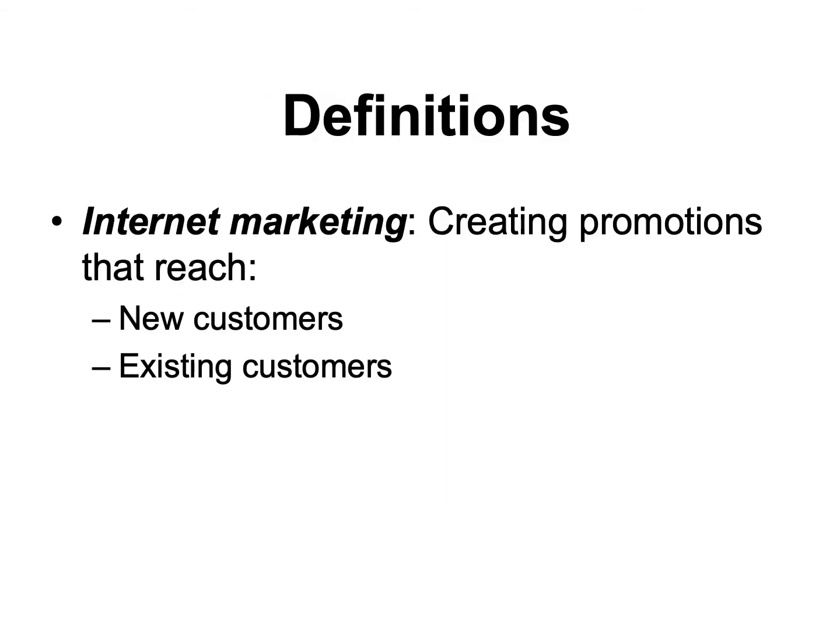When we talk about internet marketing, as the name implies, it's creating promotions that reach new customers. This is what most websites do. If you go to CNN or to foxnews.com, or if you're looking at YouTube or some other sites, they're putting things out there, organizations are, to attract new customers for their products and services. It can be ads, video ads, as I've mentioned. It can be ads at the bottom of pages. It can be banners. It can be a variety of things.